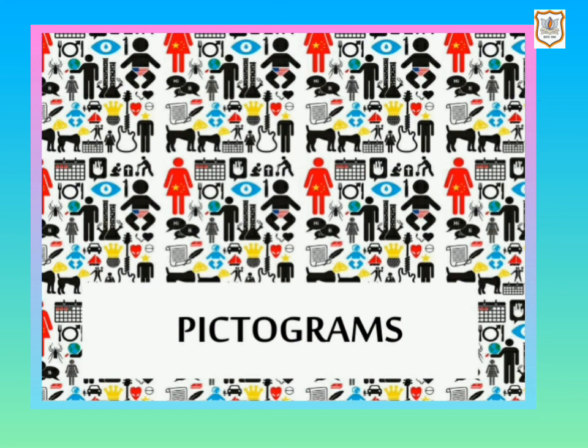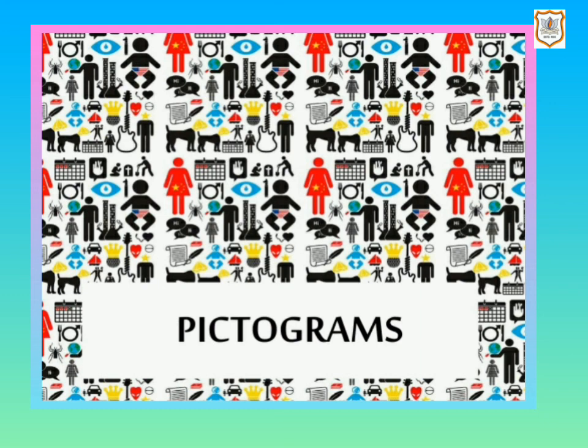Now from exercise 2.3, sum number 9 I will discuss, and that will be your homework. In sum number 9 it's given production of mangoes and year. The production of mangoes is in large numbers. In year 2010 it's 1 lakh, in 2011 it's 1,50,000, in 2012 2,50,000, in 2013 1,50,000, and in 2014 75,000. As the data is in large numbers, you can take a picture of one mango as a scale, equal to 50,000.